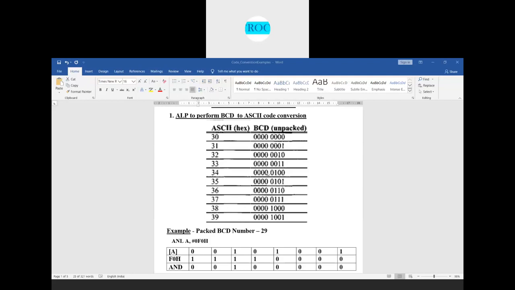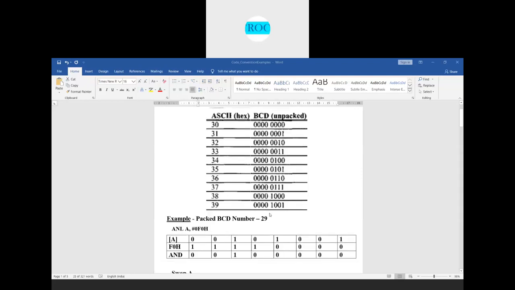These are called unpacked BCD numbers because they are 0 to 9. But when we give inputs, they are packed BCD numbers, for example 29.